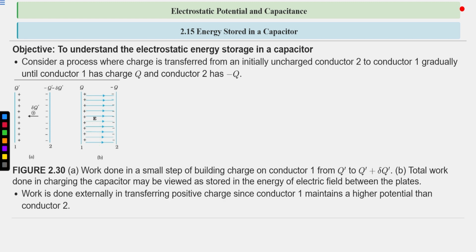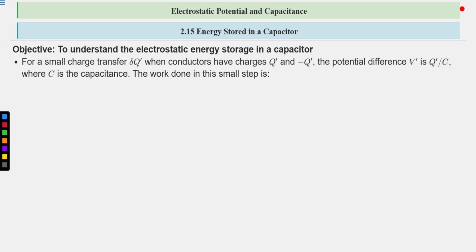Work is done externally in transferring a positive charge since conductor 1 maintains a higher potential than conductor 2. So we have to do the external work in transferring a positive charge since conductor 1 maintains a higher potential than conductor 2. Okay, so conductor 1 is at positive potential, so it is at higher potential than conductor 2. So we have to do the work externally to transfer a positive charge from here to here. Okay,